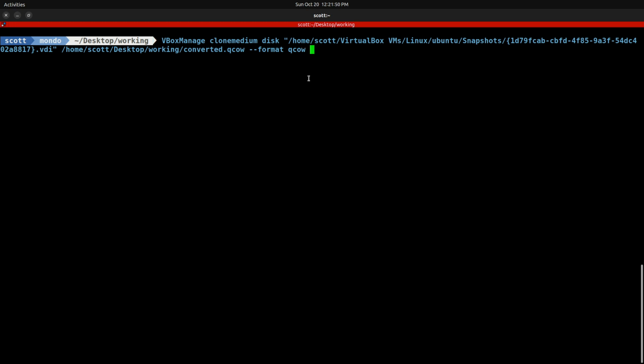And that entire file spec is quoted because it has an embedded space, and then I'm going ahead and pointing it to